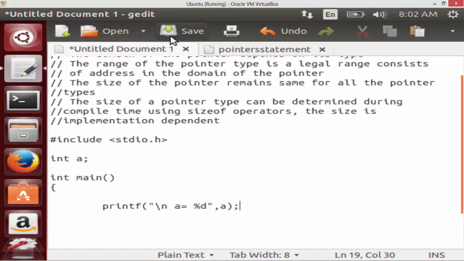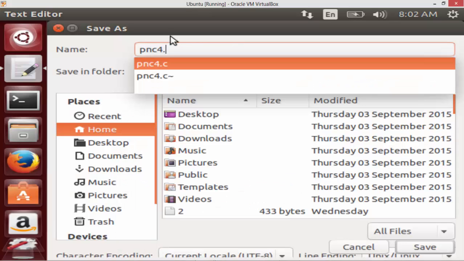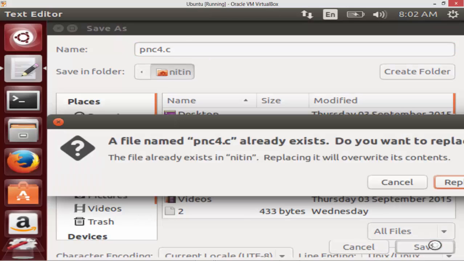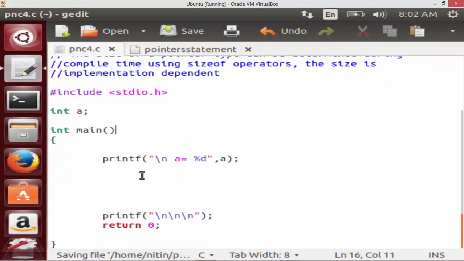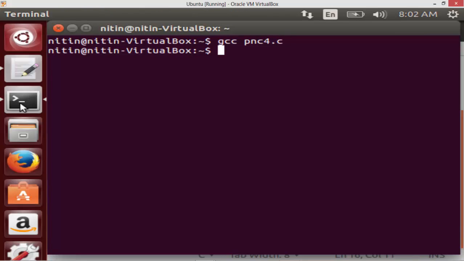Save this code. Okay, so now when I run this code,